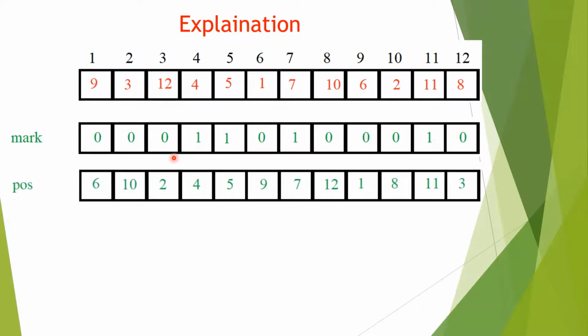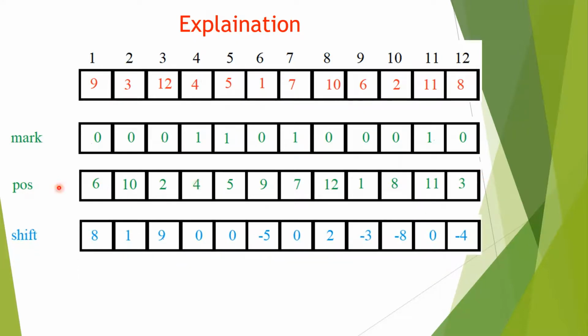Another array named position, so that we get the position of the elements accordingly. Suppose we see that 1 is placed at position 6 in the original array. So we fill the position of 1 as 6. 2 has been placed at the position of 10. So we place 10 at the position of 2. Similarly, 3 is at position 2 in the original array. So we have 2 at this index of 3. Similarly, the array has been filled to know the position of elements from 1 to 12.